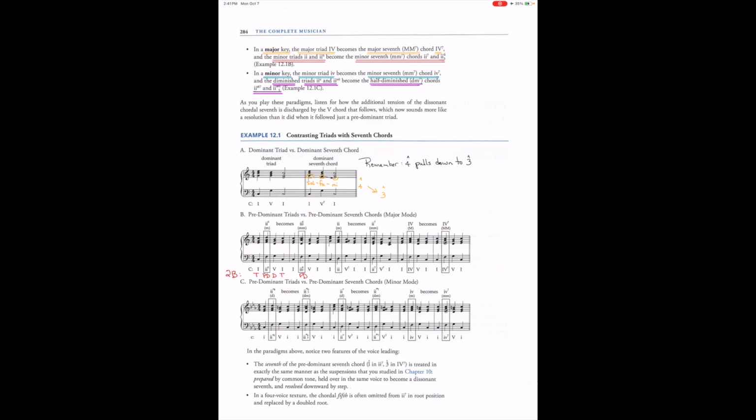So, let's go up to letter B, and we're going to go over where it says capital 4, and in parentheses underneath, major becomes a capital 4-7, and in parentheses, 2 capital M's. So it's the very last one now. Here's an example of that. Preparation, suspension, resolution. It's not really that per se, but it's close. The next one is, though,